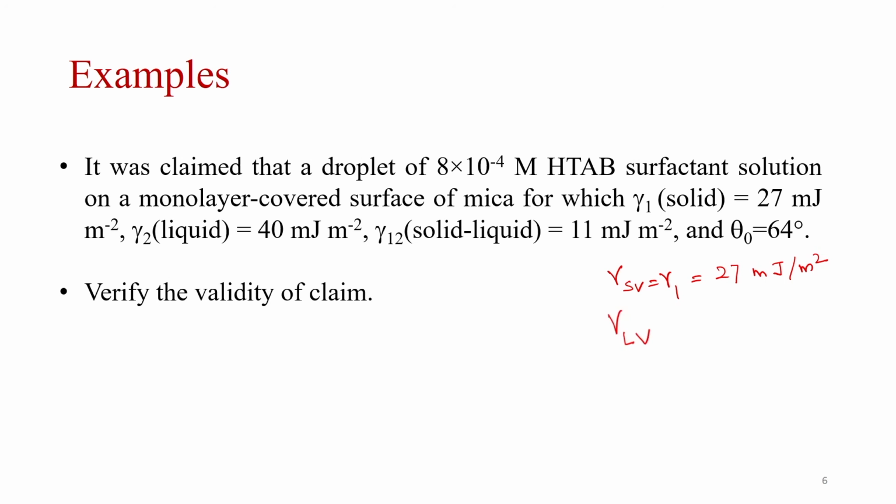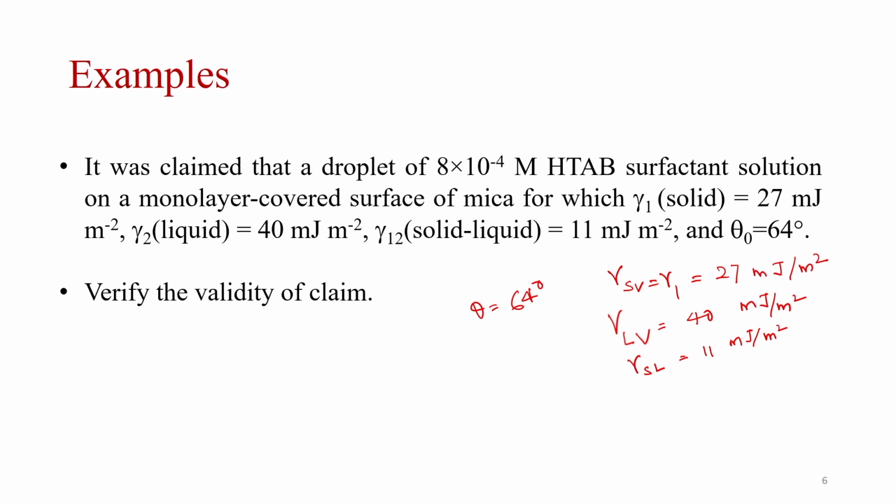Gamma liquid vapor is equal to 40 millijoule per meter square, and gamma solid liquid is 11 millijoule per meter square. And also it says, if you put a drop of that liquid on the surface, the contact angle is observed to be 64 degrees. So, if you want to verify this,